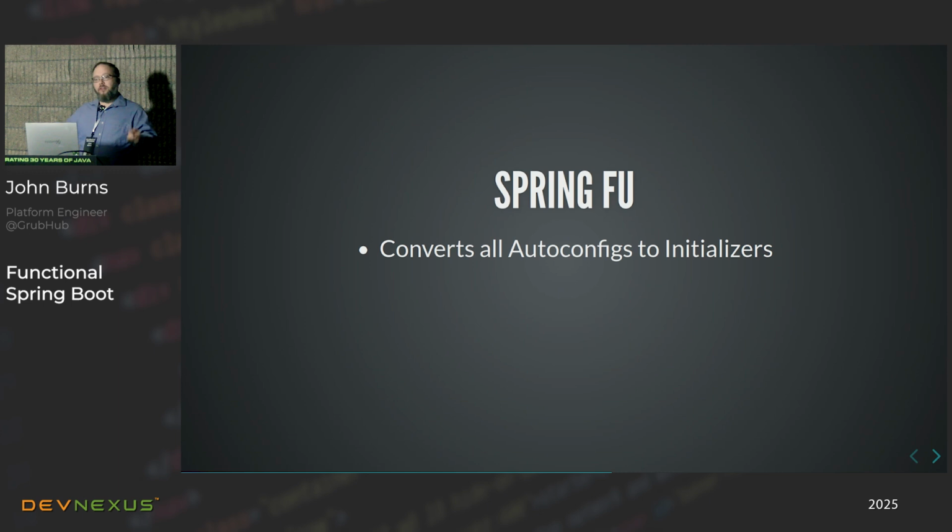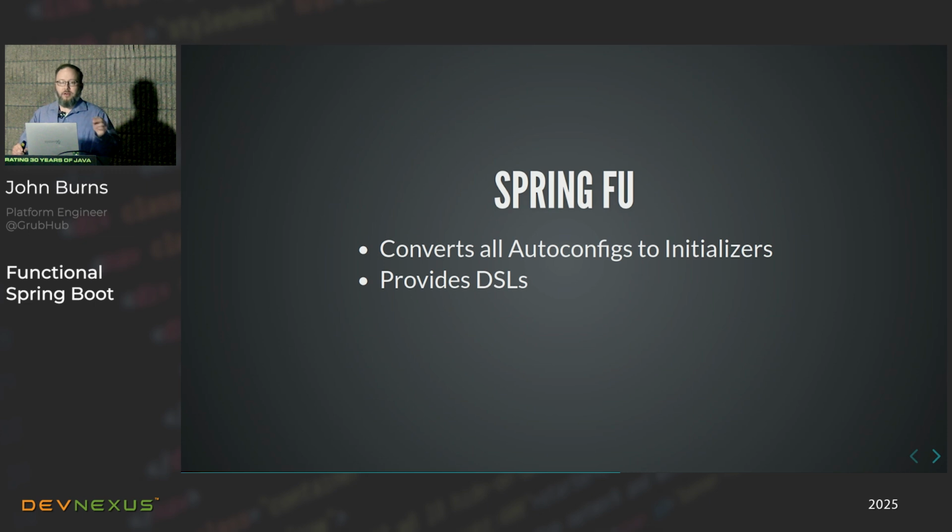So it makes heavy use of this new interface in Spring called the ApplicationContextInitializer. It's just an interface, but it's something that you can wire up with the spring.factories META-INF file to run at startup. And it's a purely functional way of doing the configuration. Basically, the interface takes the context object as a parameter, and then you just do whatever you want to it within there. Spring Fu also, on top of that, provided what we call DSLs around those initializers for configuring them.